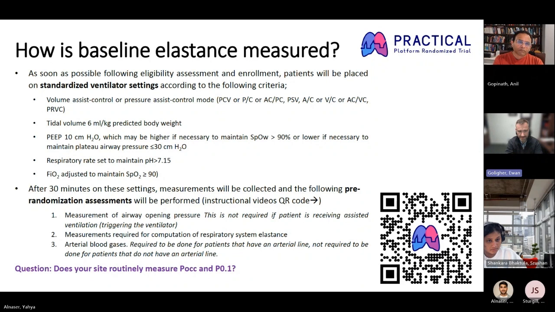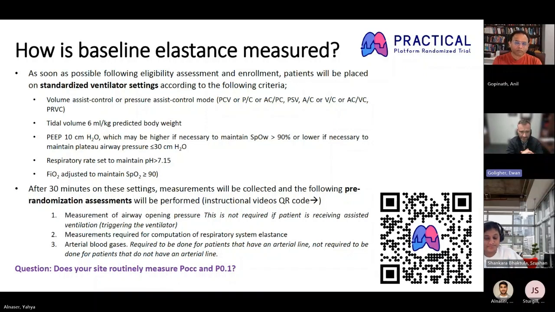The ventilator support is adjusted so that the tidal volume is 6 mL per kilo or as close as possible. The PEEP is adjusted to be 10. It can be higher if needed to maintain adequate oxygenation, or lower if the plateau is too high. The respiratory rate is adjusted to maintain an adequate pH, and then the FiO2 is adjusted to maintain adequate oxygenation. So after applying those settings for 30 minutes, then we're going to